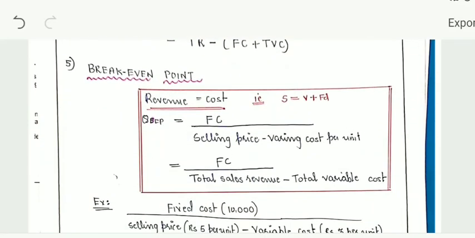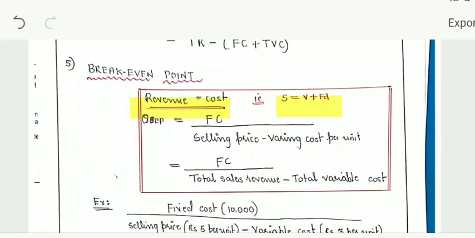Next we will see how to find the break even point in your numerical. I have told you what a break even point is. Whatever investment you have made, if you get that much amount, or for that investment you start getting the revenue, it is called the break even point. Also it is called the zero profit point. How do you find it? You find it by equating your revenue to the cost, that is, the selling price will be equal to the variable cost plus the fixed cost. Now to get the break even point, we will consider the break even.